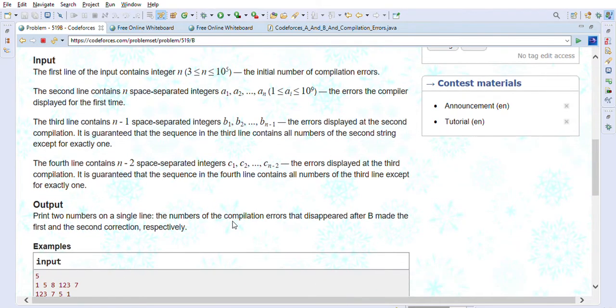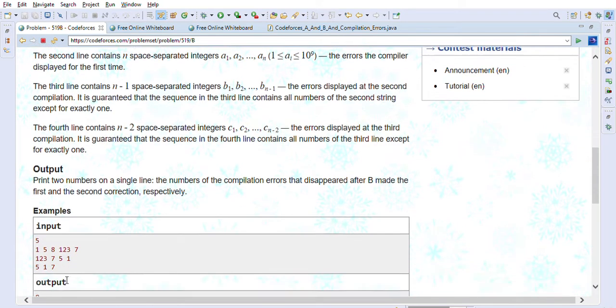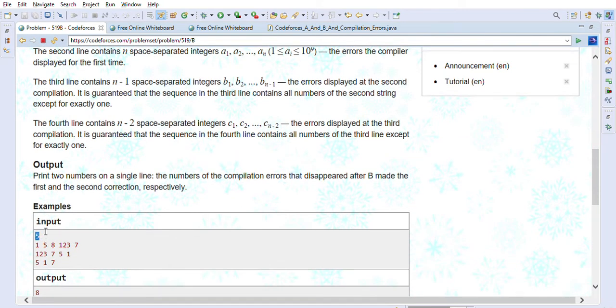So let's look at the input. The first input is n, which is the initial number of compilation errors. For example, in this case 5, so initially there were 5 compilation errors. After that, the second line contains n space separated integers a1 to an, which are the errors the compiler displayed the first time. These are the errors the compiler displayed the second time, and these are the errors the compiler displayed the third time, because he is fixing some errors.